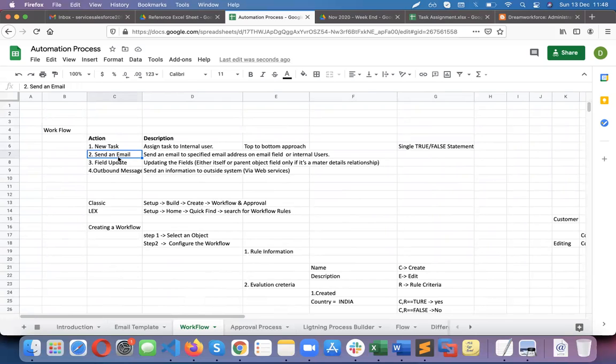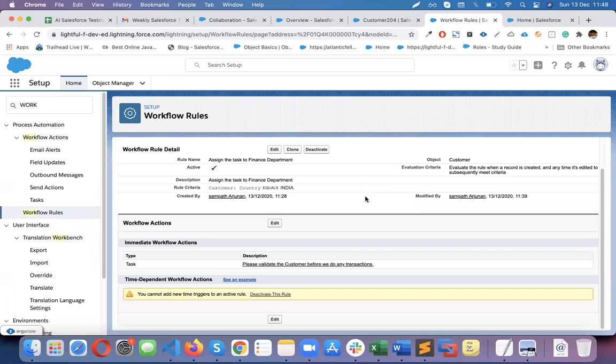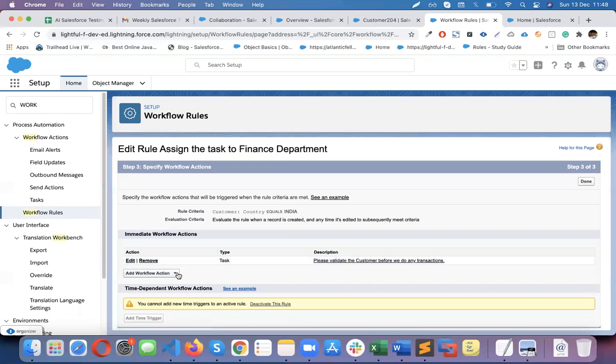Sorry, I have a question. If you go back to that workflow page in the application. So here you can add multiple work actions too, not just the task. You can add a number of actions, like one task goes to finance, one task goes to a different department, the inventory department. In a single workflow, you can add multiple actions.